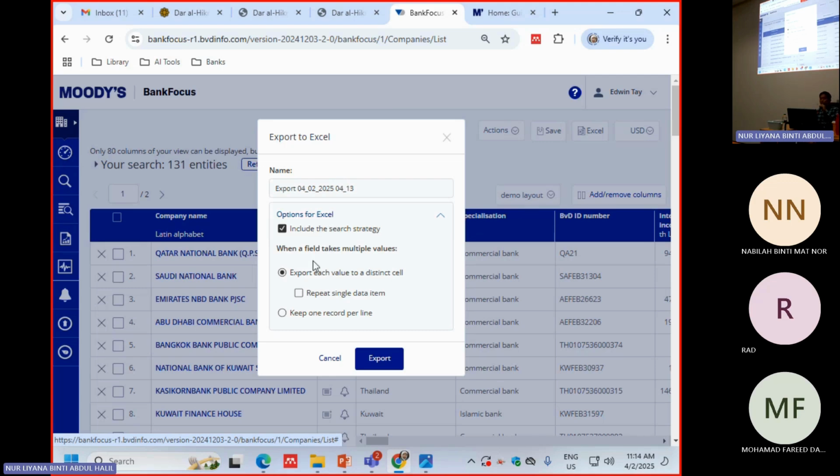The other one is also that if there are certain fields that have multiple values, I would say that typically, if you're talking about the financials, it's usually within each cell there will be only one value, which is the number itself. But if you're talking about certain other types of information, like for example, their business ID, right? Some banks may have more than one ID, which means that within the cell itself there could be multiple